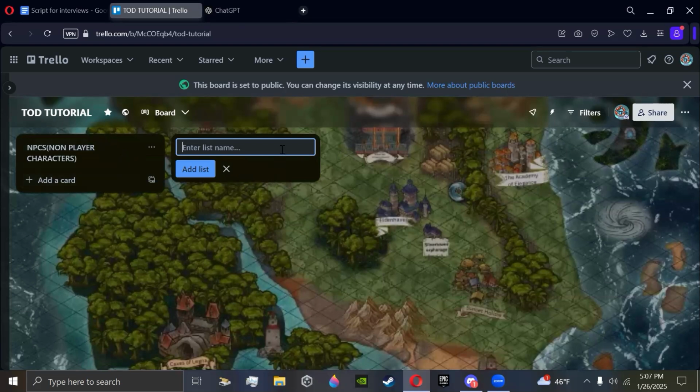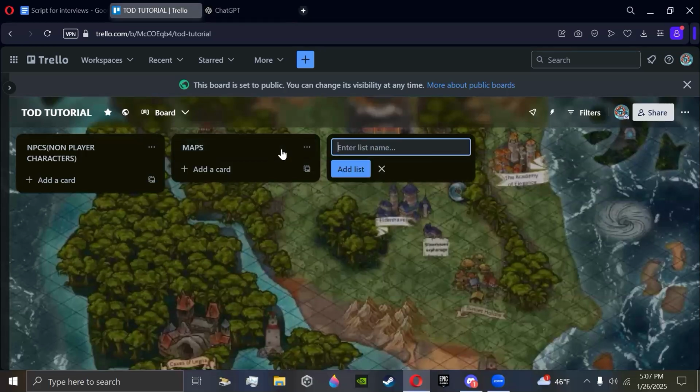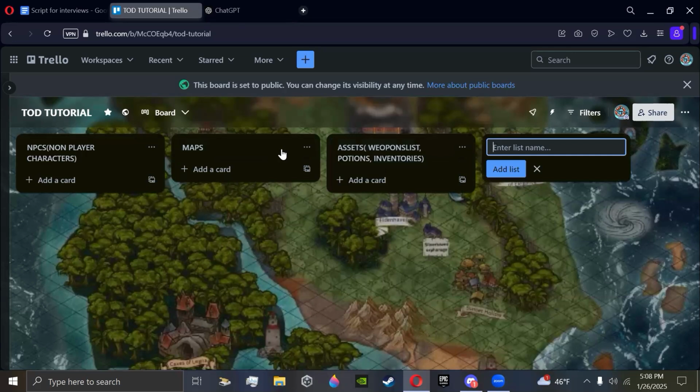To keep with the theme, we're gonna do one for maps and then one for assets, such as weapon lists, potions, inventories, that kind of thing. I usually don't do such a broad category. We'll make it work. And then, since you're a DM,